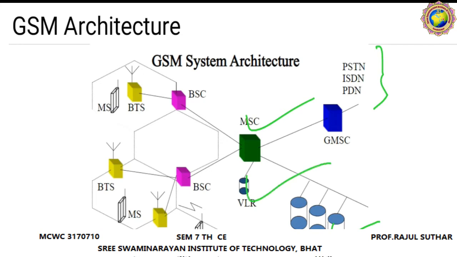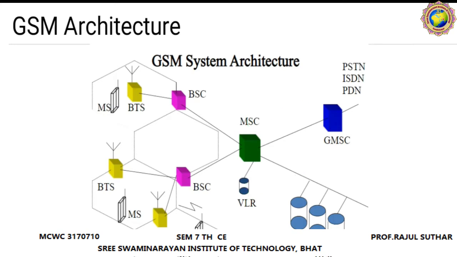Then we discussed the visitor location register, VLR. The functionality of the VLR is that it is used to select administrative information. It is used for the necessary call control and provision for the subscriber. The VLR is a temporary database that stores the IMSI and customer information. Various features include the international mobile subscriber identity, the temporary mobile station identity, current location information about the MS, the location where the mobile is registered, and the directory number to route the call for the roaming station.